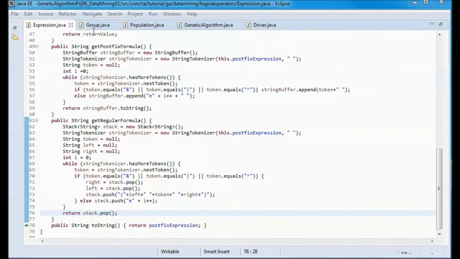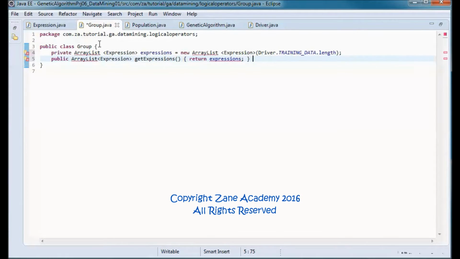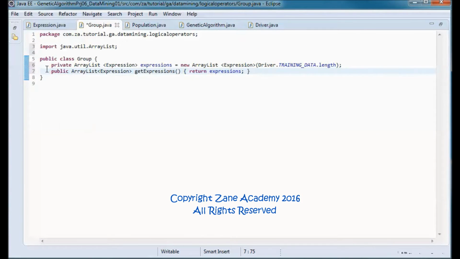Next, the group class will have an array list of expressions and a get method for this array list.